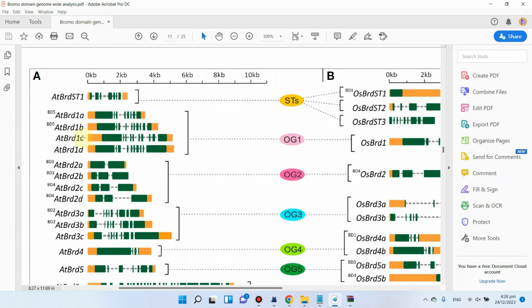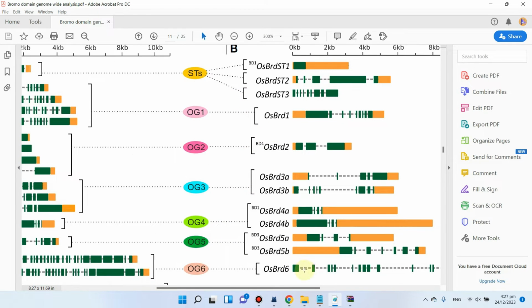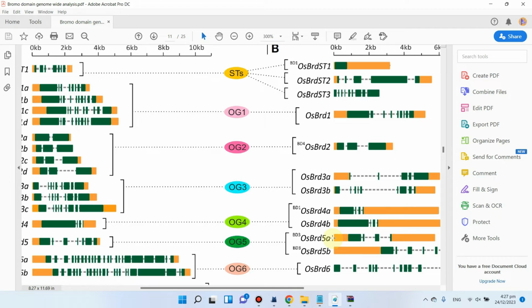Because they belong to the one orthologous group, we have given the name 1, 1, 1, and just to make them different, we have given the names A, B, C, and D. And you can see there is only one gene which is OSBRD1. So in this way we can give them names according to their orthologous group.